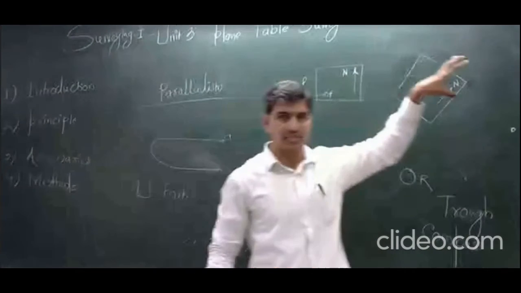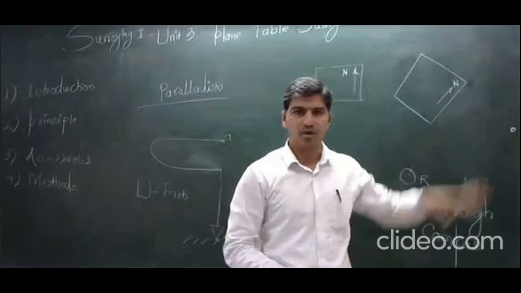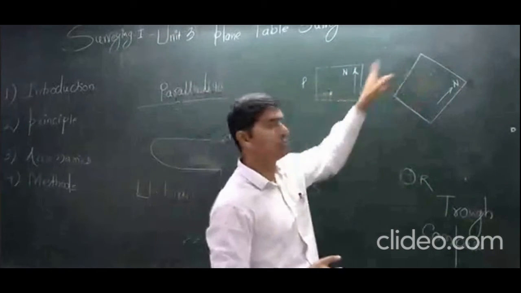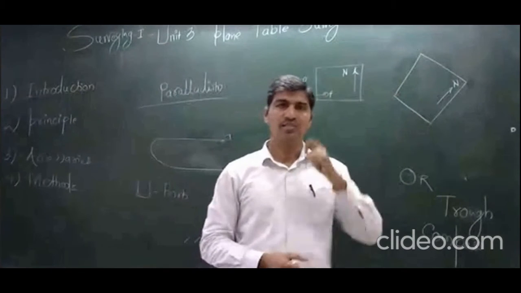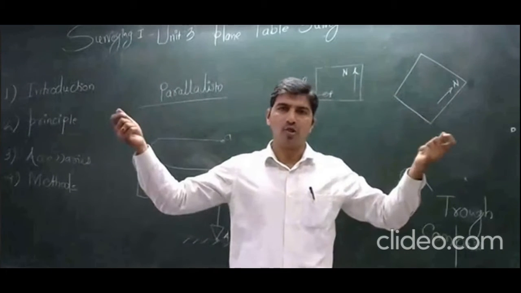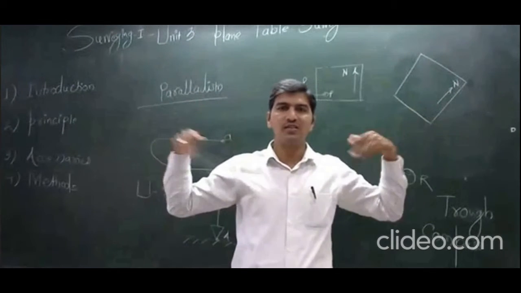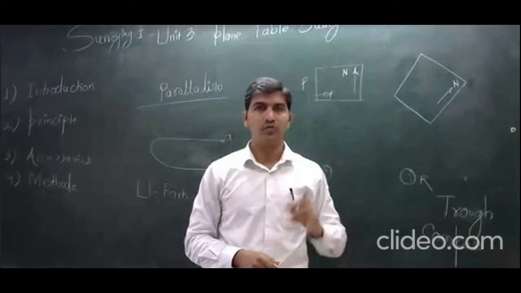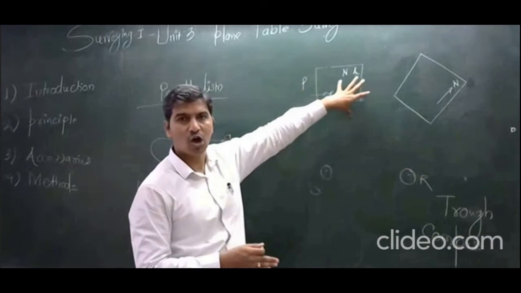Maybe if the distance between point P and Q is very large, in the drawing board you can see that this is the correct position, and we just have to revolve the plane table. But just imagine that a long distance is there between point P and point Q. Suppose it is say 50, 60 or say 100 meters. So we have to find out what was the true position of your instrument.